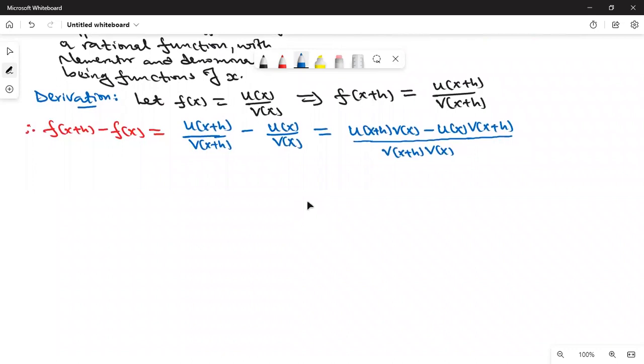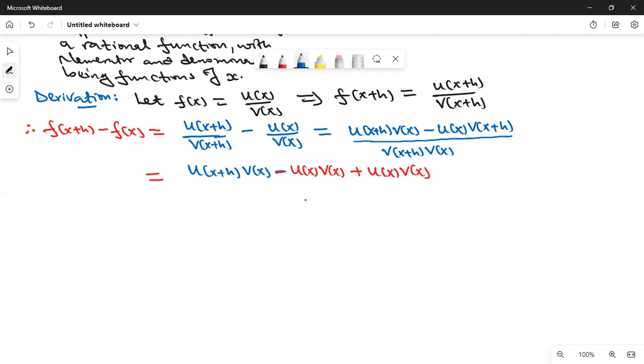The function that I'm going to add and subtract is u of x times v of x, so this can also be written as u of x plus h times v of x, minus u of x times v of x, plus u of x times v of x,